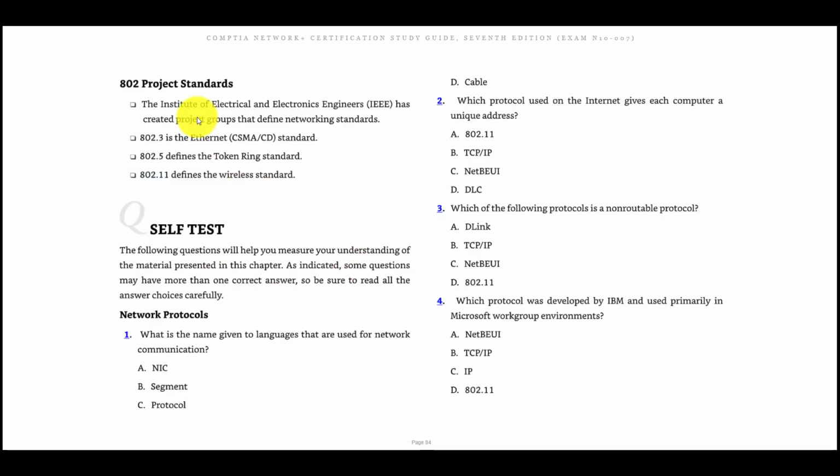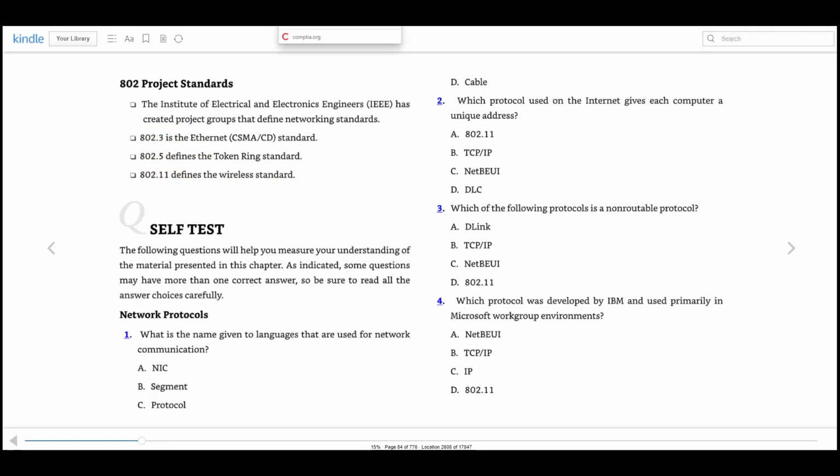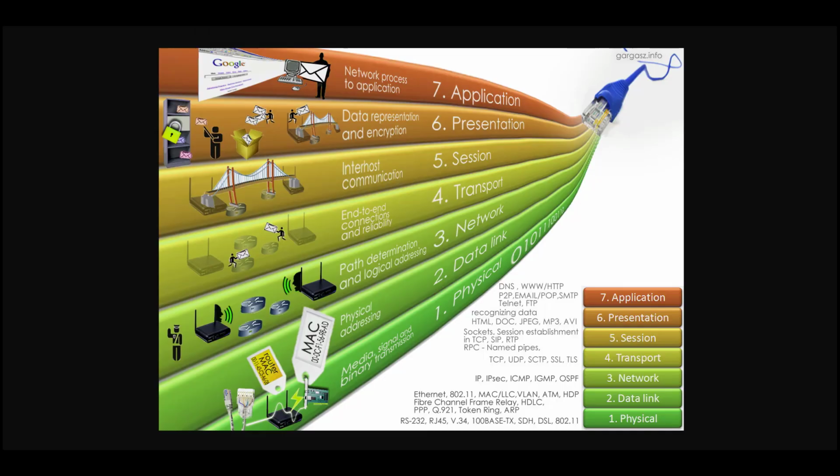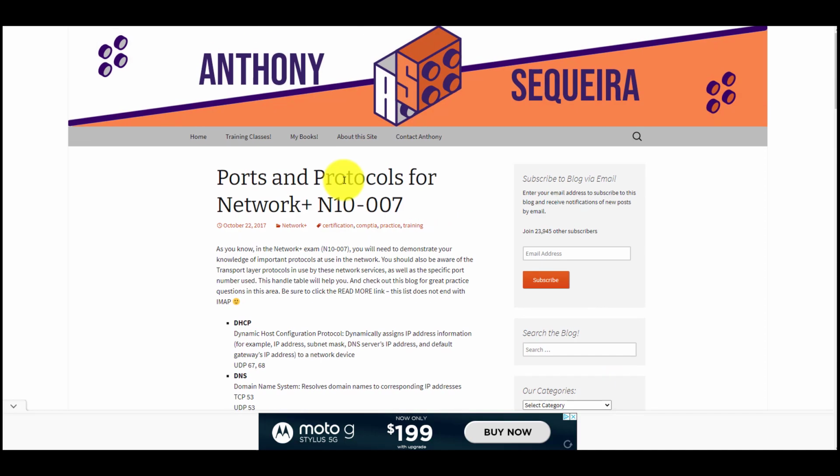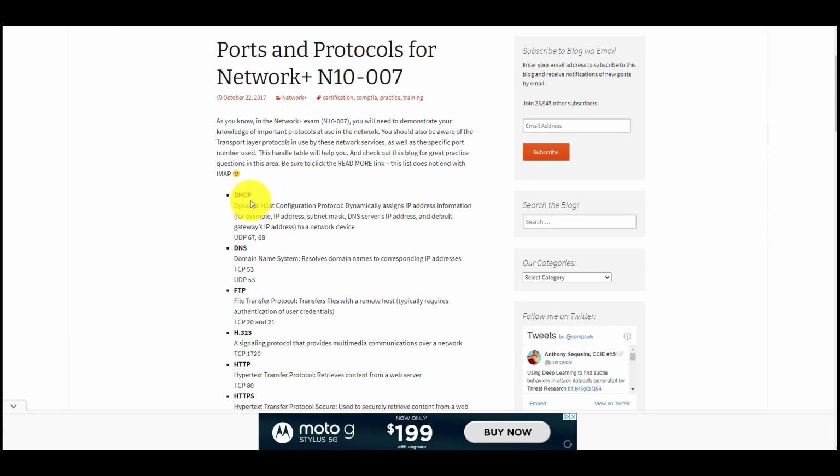Okay, so that's kind of the 802.11. They define the standards, like the maximum transmission and the frequencies and different things, and then they do the same thing in the 802.3 and 5. So a couple other things I wanted to show you here is, here it just goes over all the